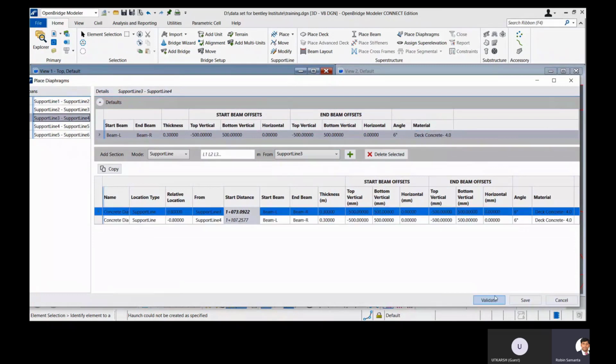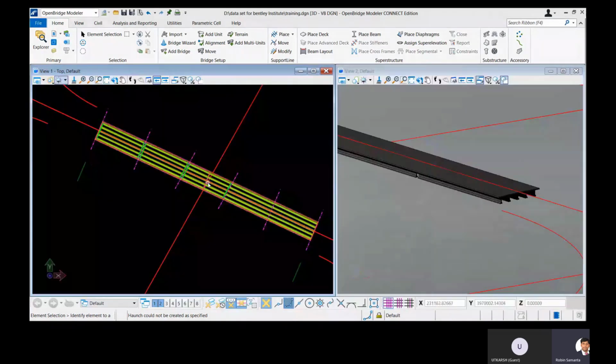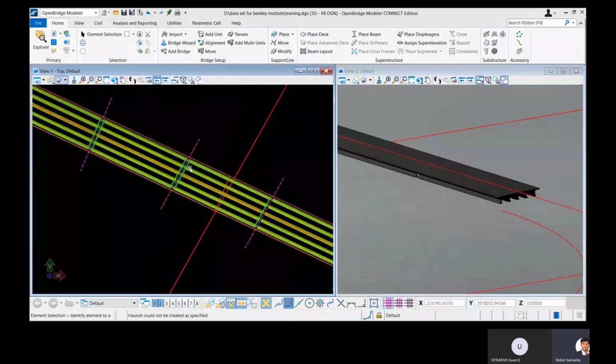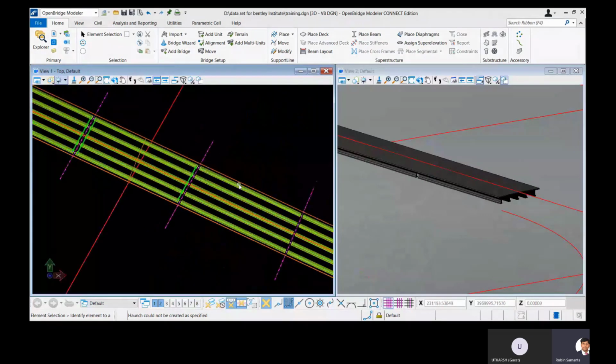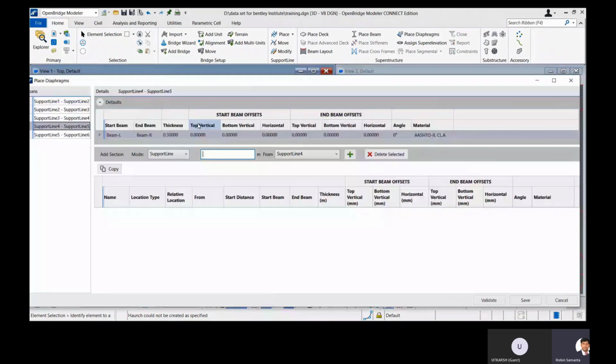So here also we place for span 3, you can see it is perfectly placed. Okay, and we will continue by placing for span 4 and span 5. So we select span 4, right? And in a similar way to span 2, for span 4 one angle is your skew, and the other one is not in skew, it's perpendicular to the carriageway. So we'll put the skew angle at one end, and at the other end it would be straight.